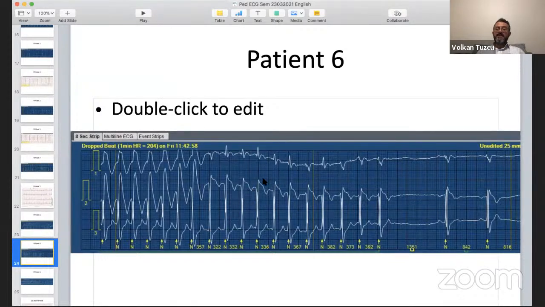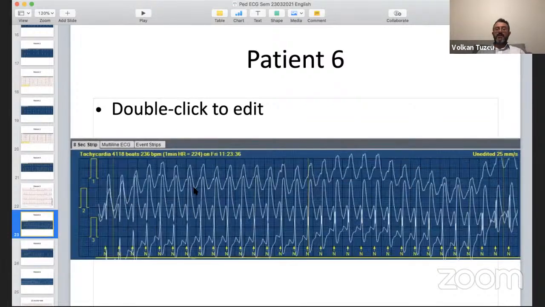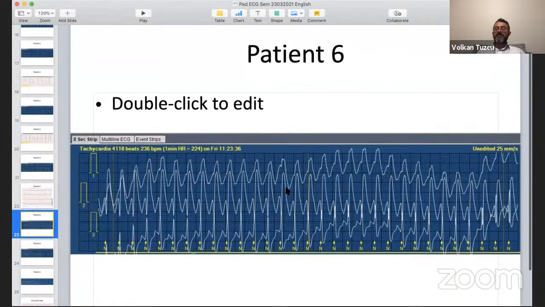But since this is SVT and the wide QRS tachycardia preceding it, without changing the rate, I mean, it can change a little bit, but in general about the same tachycardia rate, changes into this form, which is the same QRS as baseline, you see the baseline here, that makes it actually SVT. So therefore, let's look at it again. If somebody asks you this, you have to say, I have no idea.